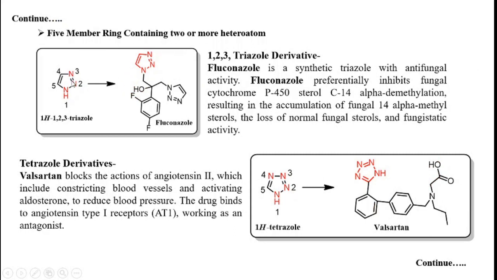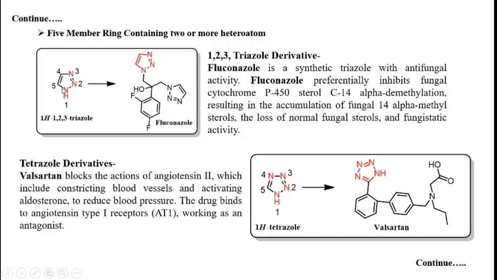Now we move forward to three heteroatoms present in the same 5-member ring, at position numbers 1, 2, 3. It is called triazole. Tri means 3, aza means nitrogen, and ole means 5-member ring, representing a fully unsaturated compound which contains 3 nitrogens at position numbers 1, 2, 3, and this 1H contains hydrogen, that means this N is fully saturated.